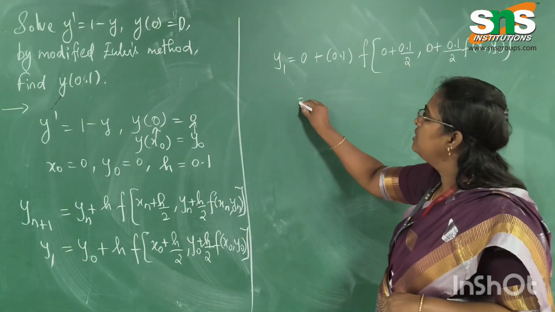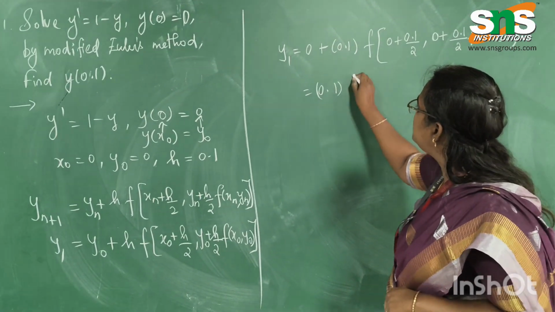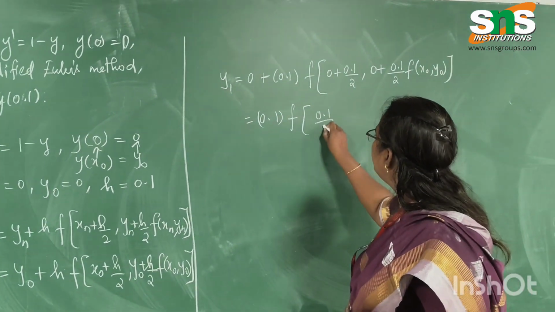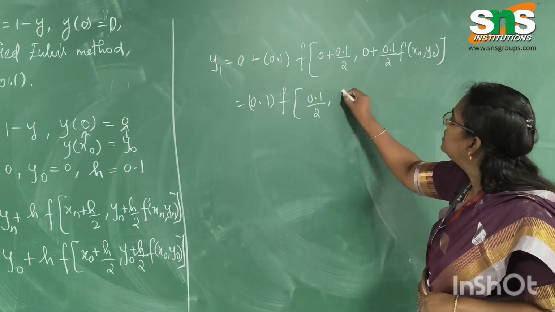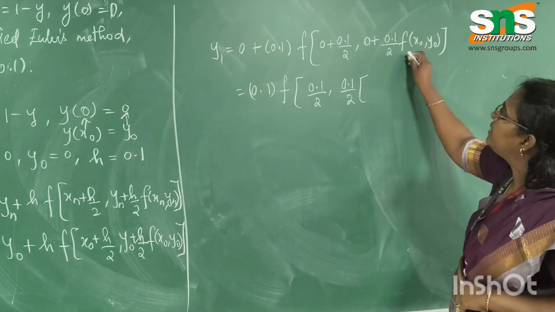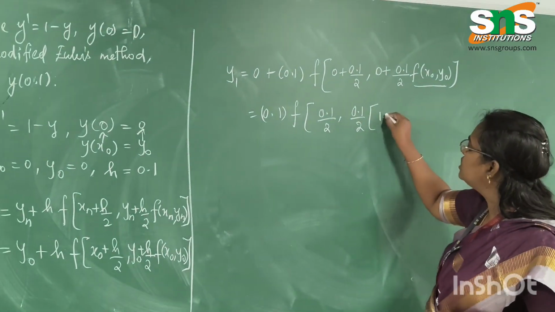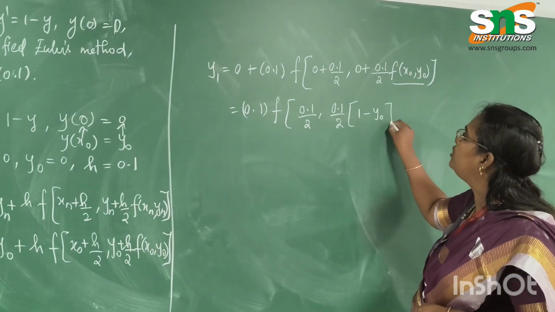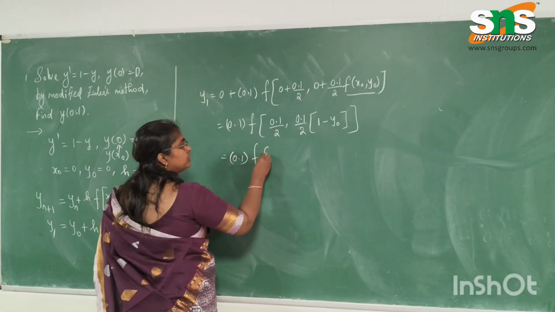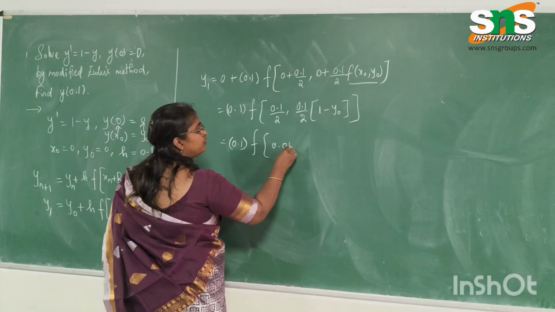The function is 1 minus y, so I replace 1 minus y naught here. So 0.1 into function, where 0.1 divided by 2 is 0.05 comma